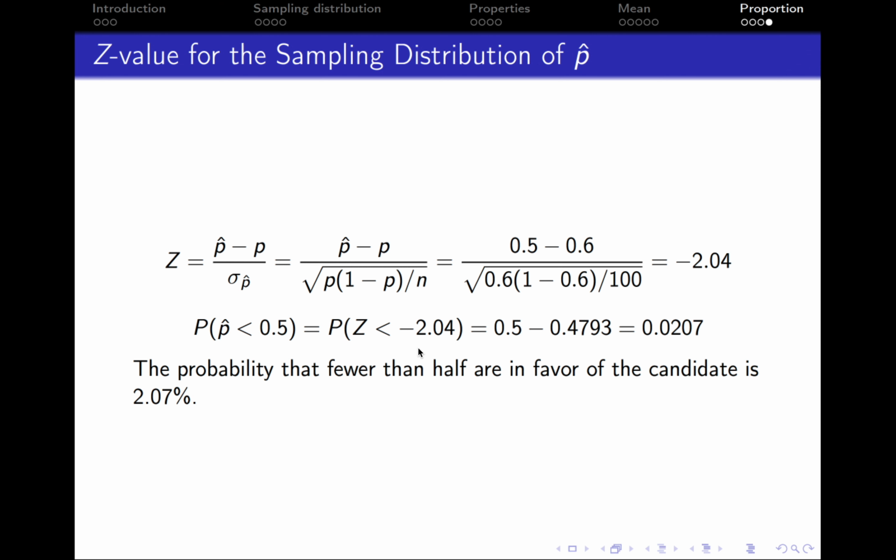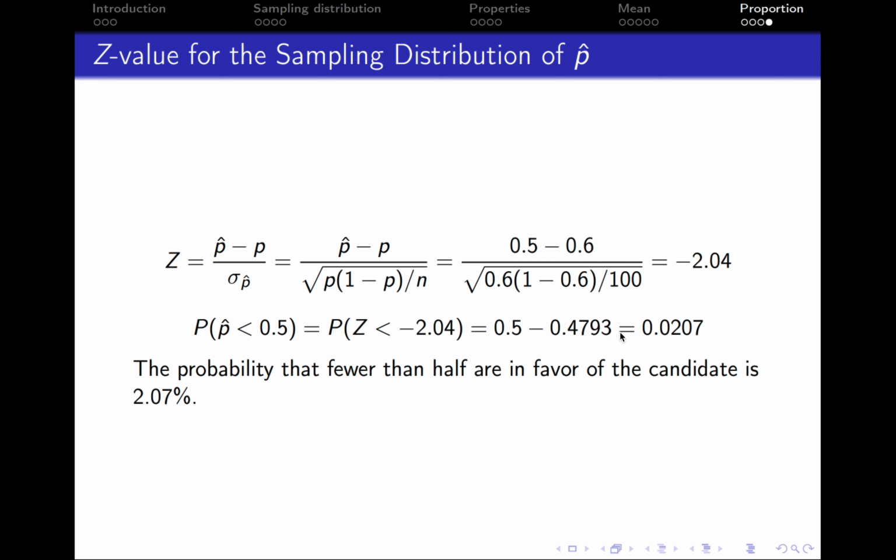And to do that, similar to the previous example, we are interested in the area to the left of negative 2.04. So we take 0.5, half of the distribution, and we subtract the probability that corresponds to the z-score lying between 0 and negative 2.04, which if you open the z-score table, you will find to be